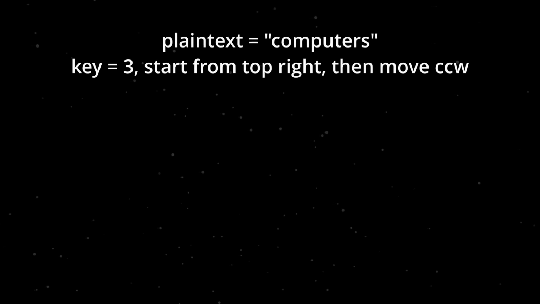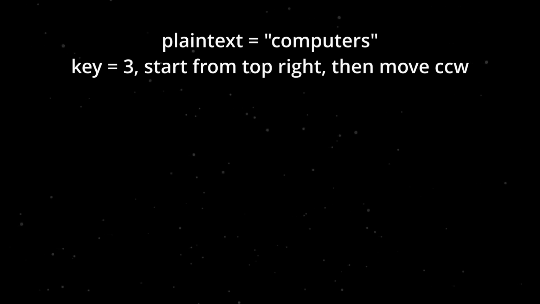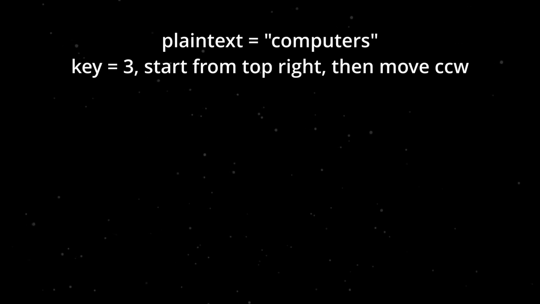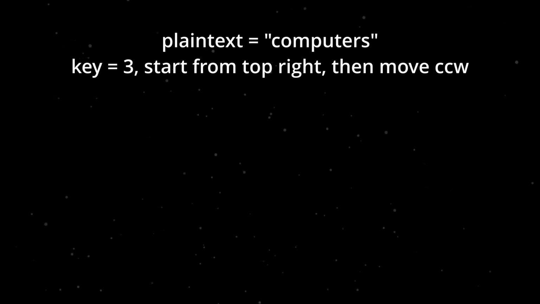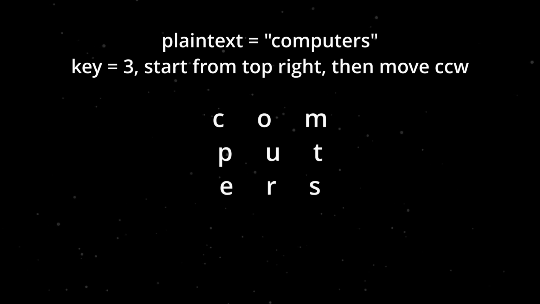So let's start with the plaintext computers, and have a key of 3 columns and instructions to move from the top right of the grid, then move counterclockwise. That last part probably doesn't make sense right now, but I'll explain. Now first create a grid with 3 columns with the letters of the plaintext. Now to make the ciphertext, start at the top right, so the first letter will be M. Now move counterclockwise in a circle, giving